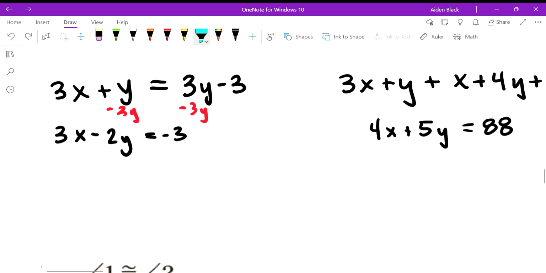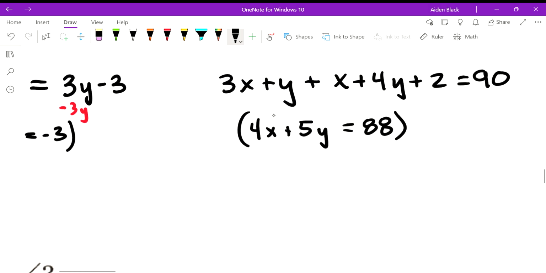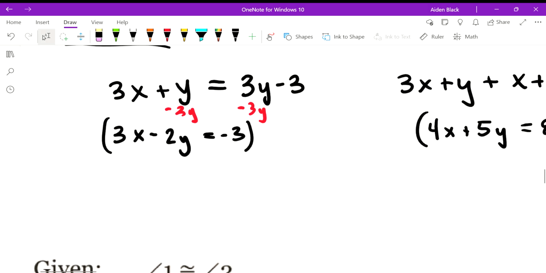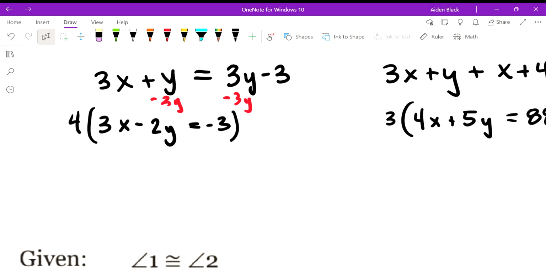I think the most typical way in which people solve this is they just start out by trying to get the same coefficient on, let's say, x. Right now we have 3 and 4. So if I want to get the same coefficient on these, I'll multiply them by the coefficient on the other equation. So for example, 3x minus 2y equals negative 3. If I multiply this by 4 and distribute,